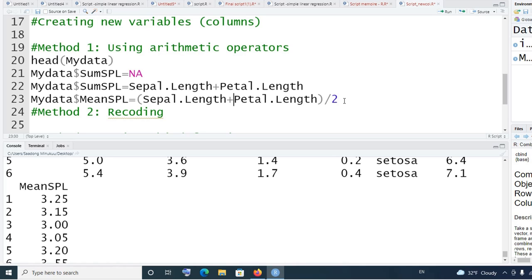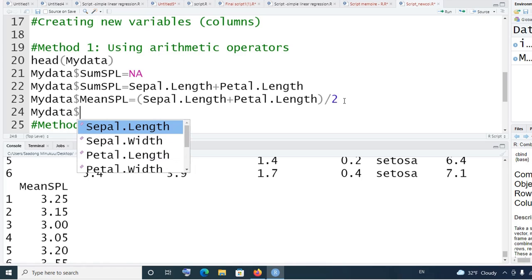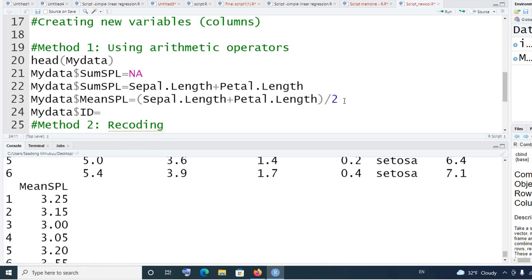Okay, we could also use, for instance, let's assume, my data, then we create a new variable that we call, for instance, id. Then we can equate it to even a vector, and it will still work. So we can equate it to a vector, like we use combination. This is not combination, be very careful. I'm so sorry for that. Concatenation. We're going to concatenate